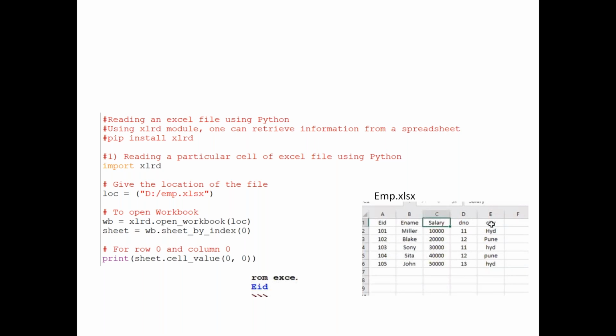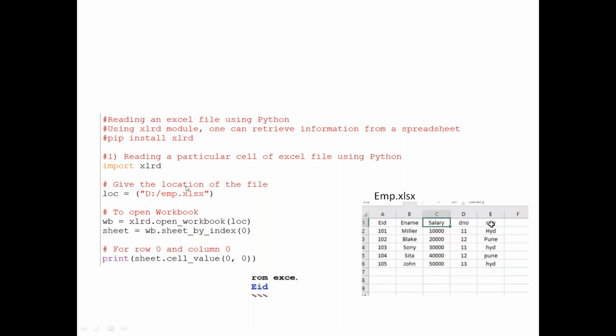So far, whatever I explained is for writing in Excel when you have some summary of the data. Now, how to read and modify the data in Excel? There is another package called XLRD. XLRD is the package that will help you read and modify the data. This is also a third-party package, so you have to run pip install with the package name in your command prompt. Once you install it, come to your Python environment and import XLRD, so you can use its functionality: retrieve the information, modify it, and finally update it.